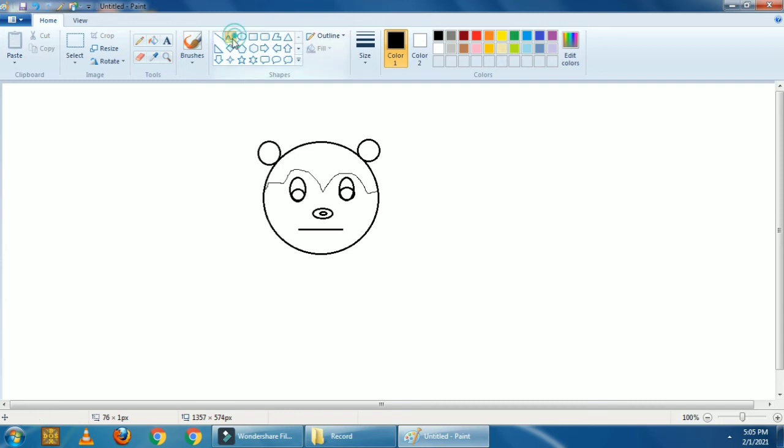Let's draw another curved line below this, slightly big, and click here. This is our curved line. Now you have to make it curved by stretching it from outside here. Wait, let's click on the curved line, press the shift key on the keyboard and draw it. Now you can drag it from the bottom like this. You click on the bottom, it will stretch downwards and make a curve.